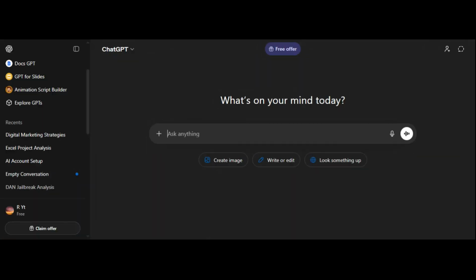And that's it. Your chat has been removed from your ChatGPT history in seconds. If you wanted to delete another conversation, you can repeat the same process for any other chat you no longer need. Keeping your workspace clean can make it much easier to find the conversations that matter most, especially if you